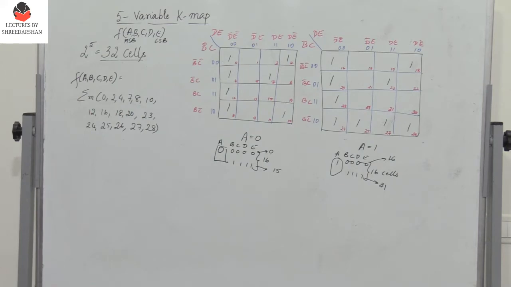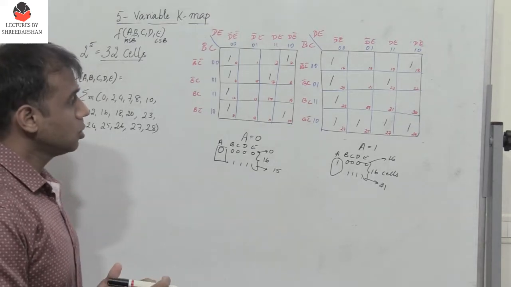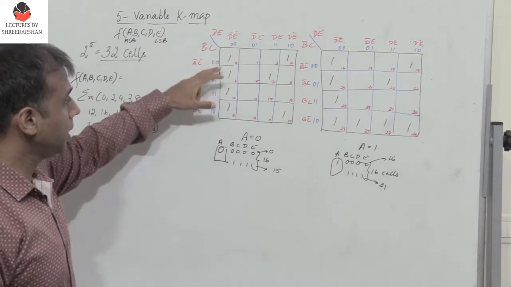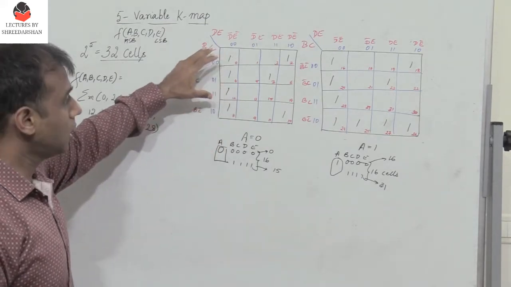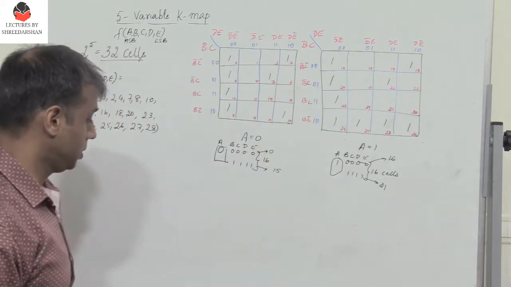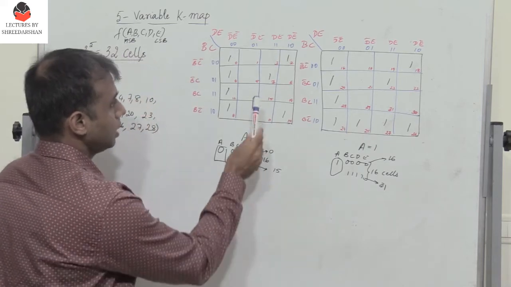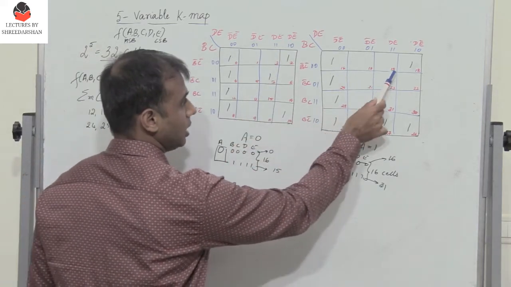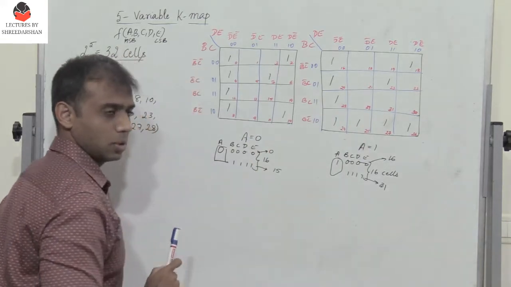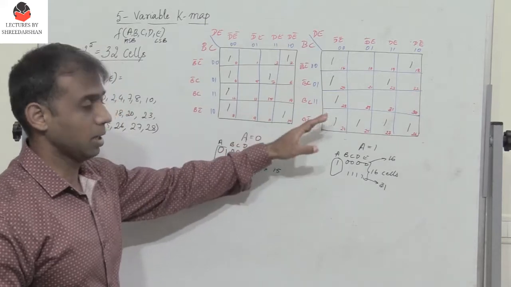So the whole point is I have to simplify. Now how do I simplify? We need to look at the problem in 2 ways. One is to simplify or combine the ones which are not common or which are not overlapping. The other case is, for example, I have this 1 here. You observe? Now I have a 1 here and I have a 1 in the same position. So here I have a 1 in the same position of both the K-maps.